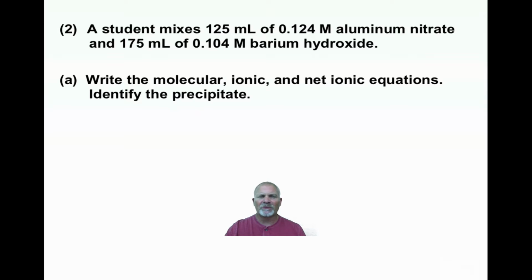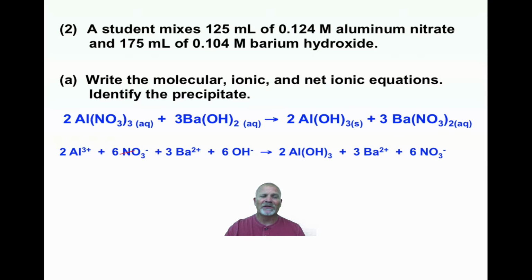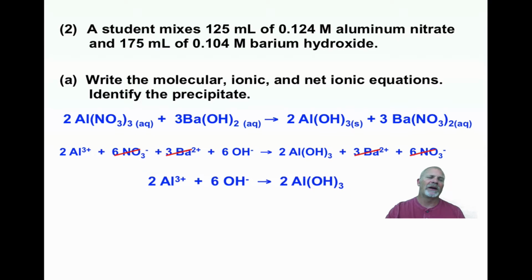But first of all, I want you to write the molecular, ionic, and the net ionic for this. And so this is a great example. So you have to know the reaction. I identify it's a double displacement. I balance it. I do know that my solids, according to my solubility rules, and you have to know this, your aluminum hydroxide is your solid, that's your precipitate. So right away I know that the other compound, the barium and the nitrate, are my spectators. So once I get rid of my spectators, I do know that then my aluminum and my hydroxide are the